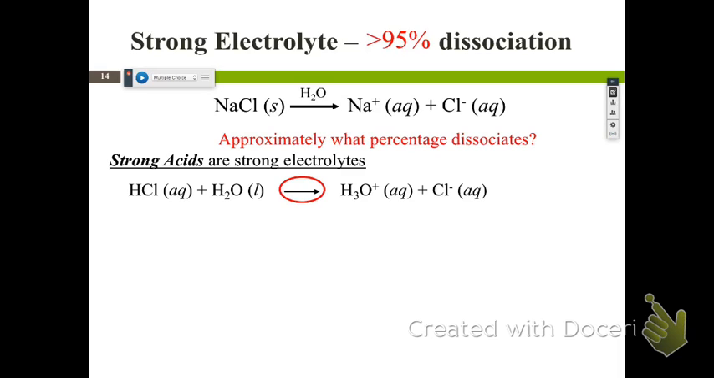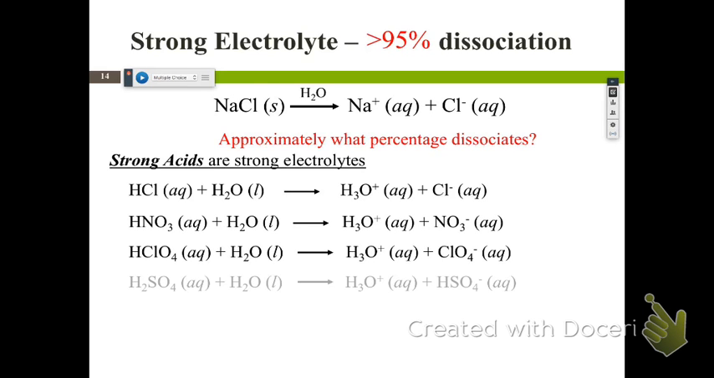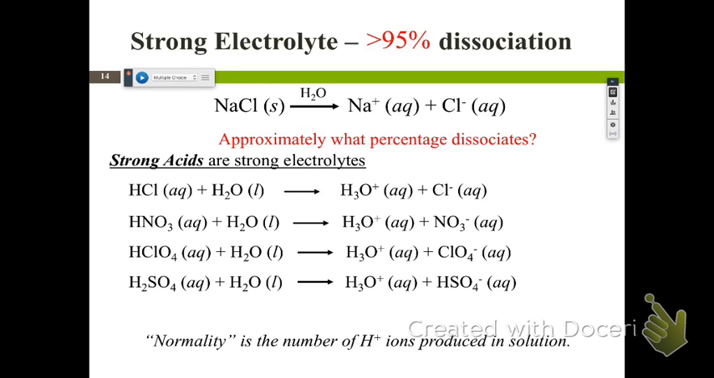All right, and so if we have 95% or greater dissociation, we're going to draw the full-headed arrow. We're not going to be drawing an arrow that goes back and forth like you see over here. So here's a handful of our strong acids. This is not all of them. I need you guys to go to table 3.1 in your book. Make sure that you will recognize all 6 of those strong acids. One that's a little trickier